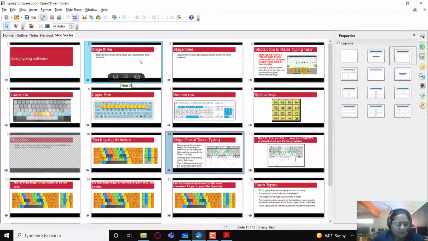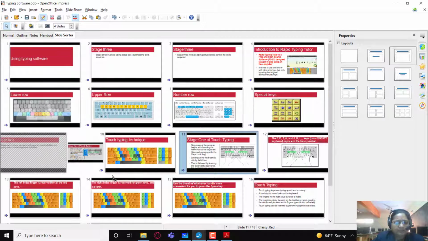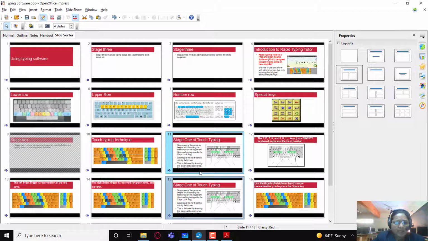In copy, the slide will remain at its original place also and it will be pasted at its new location also. So for this, just keep the Control key pressed on your keyboard, select the slide, move it wherever you want and leave it.